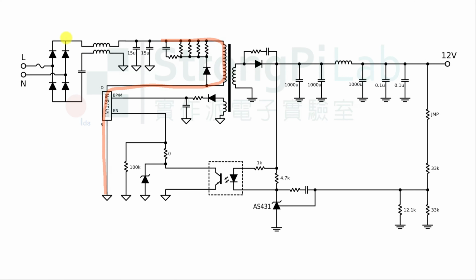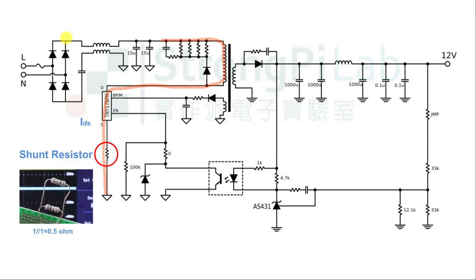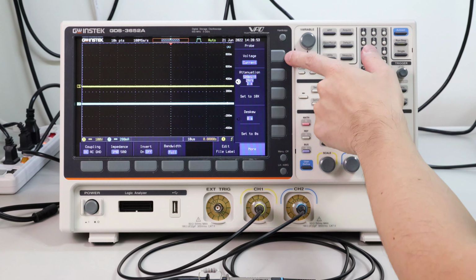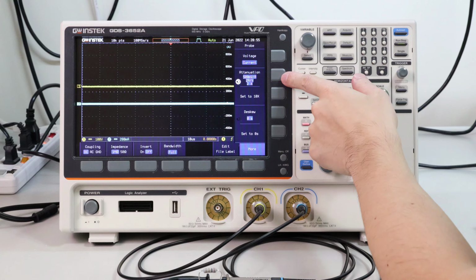Next, how to measure the main current IDS. If you don't have a current probe, you can use the shunt resistor method. You have to put a low resistor in the current path. I placed a 0.5 ohm resistor using two parallel 1 ohm resistors. By probing the voltage across the resistor, we can accurately measure the electrical current. I must adjust the scale to the situation, with the voltage to current conversion factor set at 2.